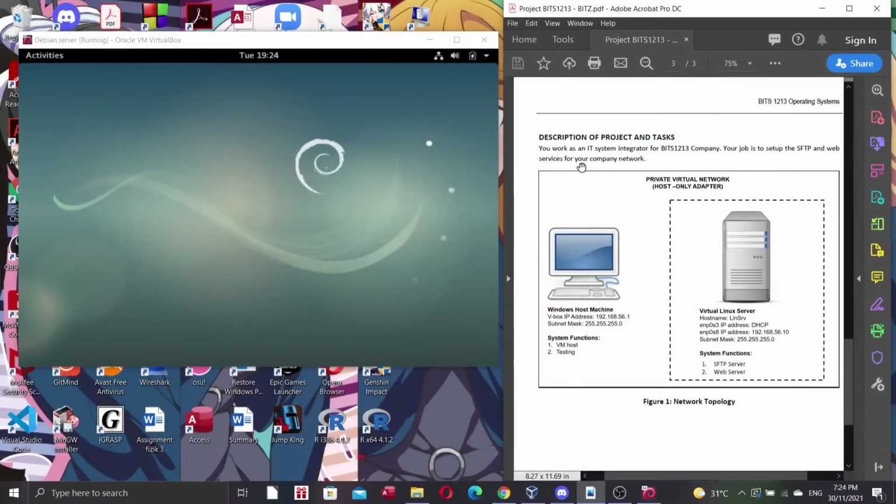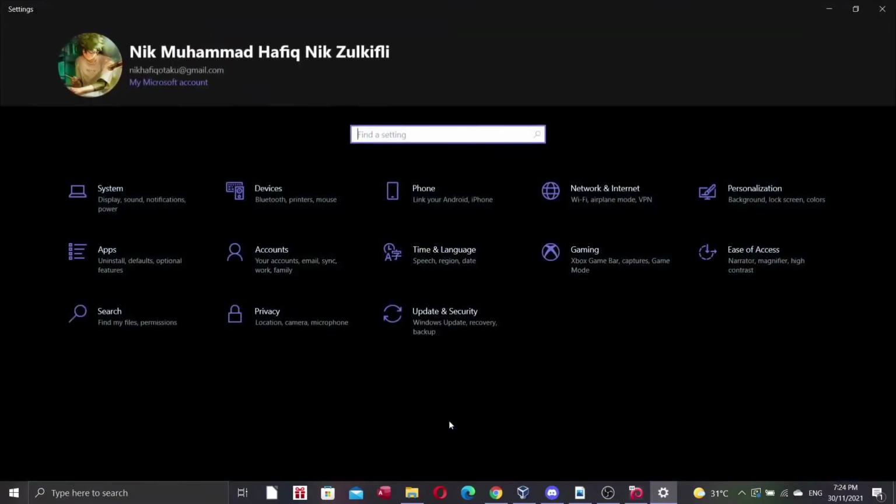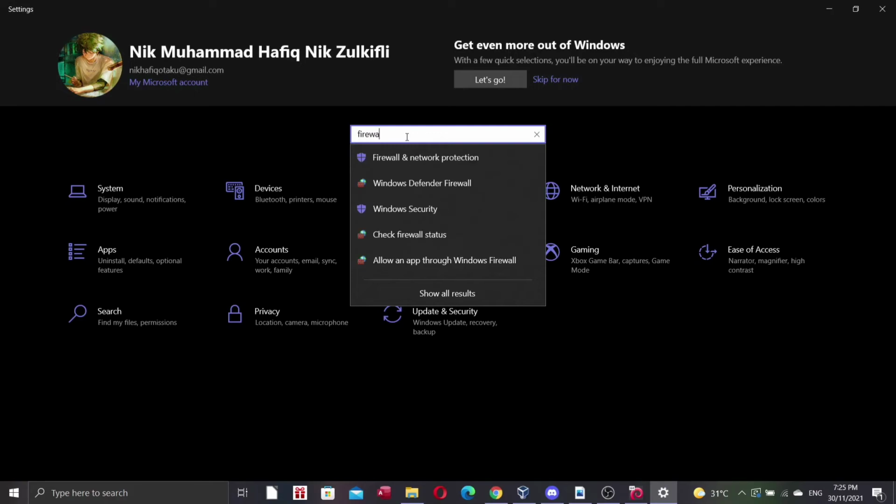Now, the last thing that needs to be done is checking whether our host and server can communicate with each other. But before we can do this, we need to turn off our firewall, because the server and host cannot communicate if the firewall is on. Therefore, we should close it. Go to Settings and search for firewall.